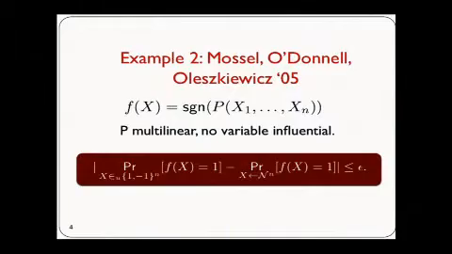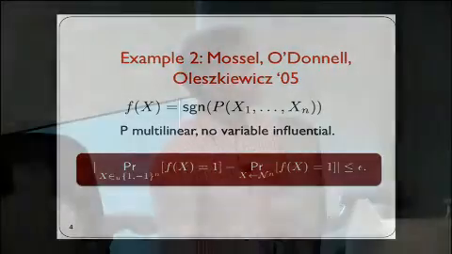And the second example is the invariance principle of Mossel, O'Donnell, and Oleszkiewicz, which says that if you have a Boolean function f, which is given as a sign of a real valued polynomial evaluated on its inputs, and there is no variable in the polynomial as influential, then the probability that f evaluates to 1 when the input is chosen uniformly at random from the hypercube is close to the probability that f evaluates to 1 when the input is chosen according to the Gaussian distribution. And this is an invariance principle because what it's saying is the probability that f evaluates to 1 is invariant under the input distribution being random on the hypercube or the Gaussian distribution, or more generally for most reasonable product distributions.